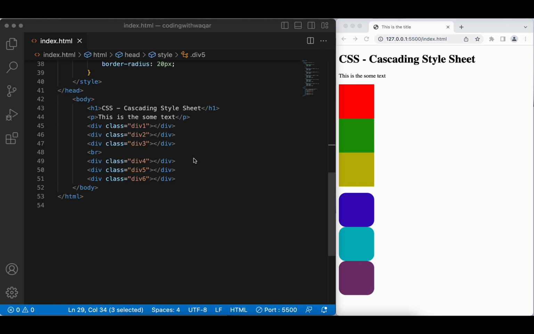In this video we will talk about CSS, the Cascading Style Sheet that is used to design web pages with the help of HTML. First we learn what is CSS and what is the syntax of CSS. Then we will learn what are the CSS selectors and how to design your web page content like paragraphs, HTML